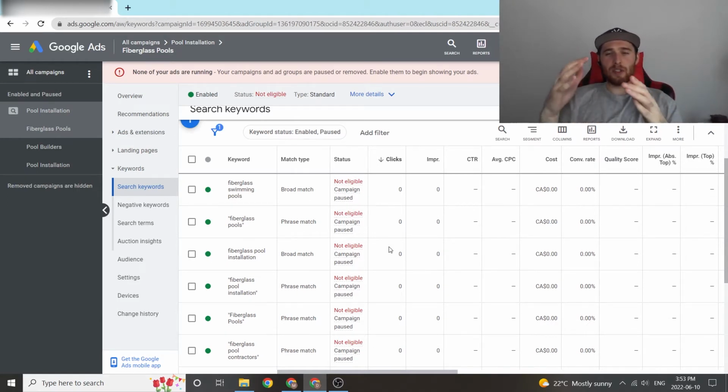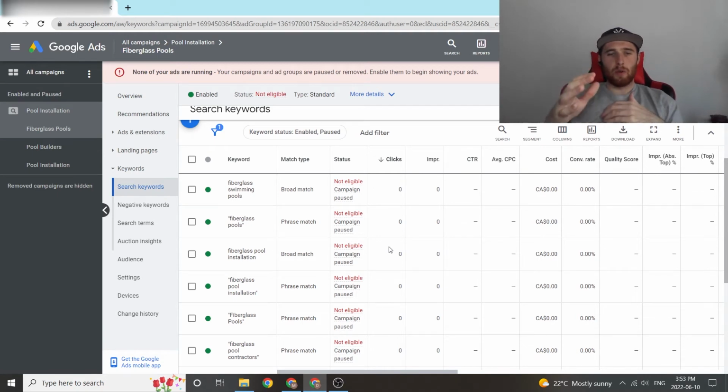With this, Google's AI has really taken over a lot of the minute details when it comes to adjusting bids and figuring out whether a keyword will convert. It's very, very good at this and much better than a human, especially in 2022. So single keyword ad groups just are no longer effective. I think you could probably get away with it if you were running super expensive campaigns, like for a marketing or law firm, but other than that, I really don't see any use for them.